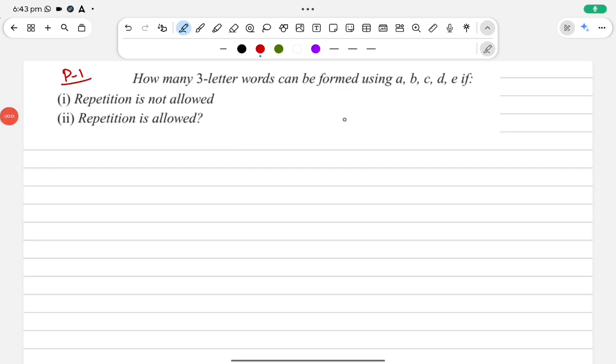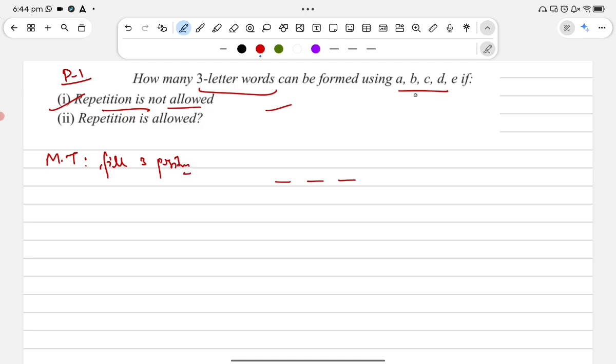The first problem, we are provided with 5 letters and we are supposed to make 3-letter words, such that in the first part, repetition is not allowed. Alright, so in order to connect you with the first episode, whatever I have told you in the first episode, I may over explain this problem a bit, so bear with it, please. We are supposed to fill 3 positions. This is our main task. Fill the 3 positions,